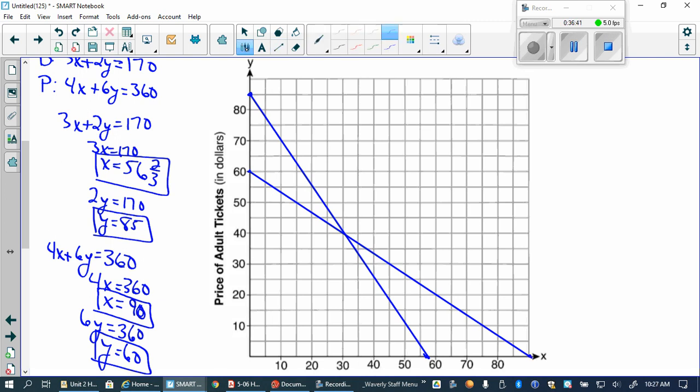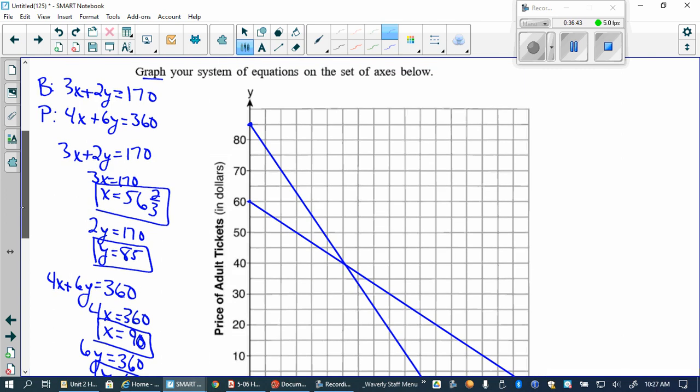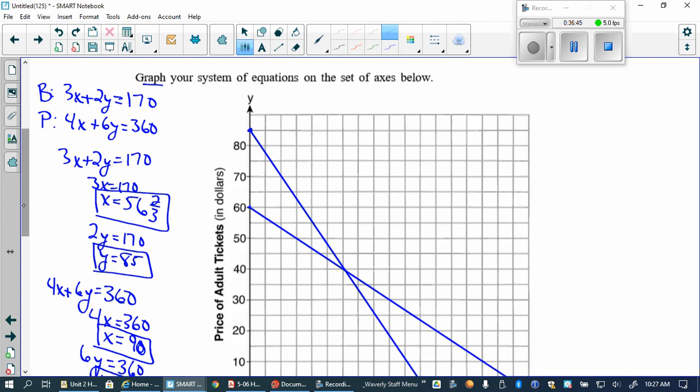And now let's make sure. We've got two graphs in here, right? We should label them. First one was 3x plus 2y equals 170. And the other one was 4x plus 6y